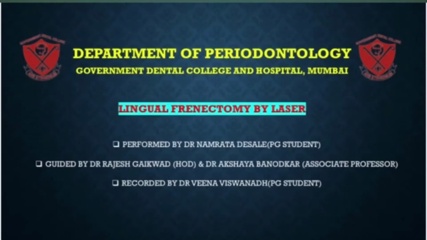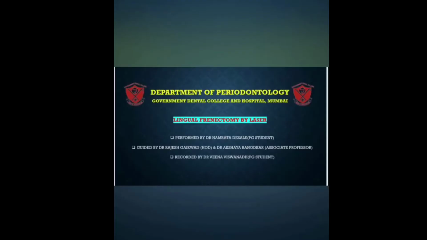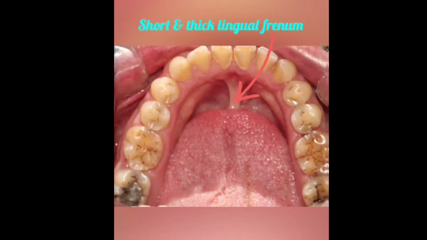Now we have some of the commonly performed periodontal surgeries: frenectomy and periodontal flap surgery. Tongue tie or ankyloglossia is a developmental anomaly of the tongue characterized by an abnormally short, thick lingual frenum resulting in limitation of tongue movement. Lingual frenectomy is advised for the management of ankyloglossia. The advent of lasers has undoubtedly made this procedure more comfortable for the patients with fewer postoperative complications.